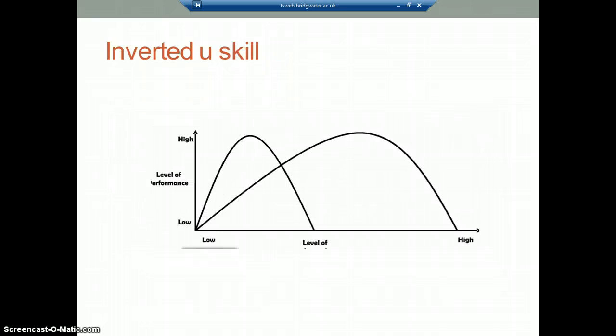The simple skill requires low arousal because there is no need for high concentration or focus, just a need for power, such as making a big tackle in the NFL, where you just have to hit them with the main muscle groups, whereas the complex skill requires a high amount of concentration. For example, putting a golf ball requires focus on different aspects and is a smaller movement and more precise.